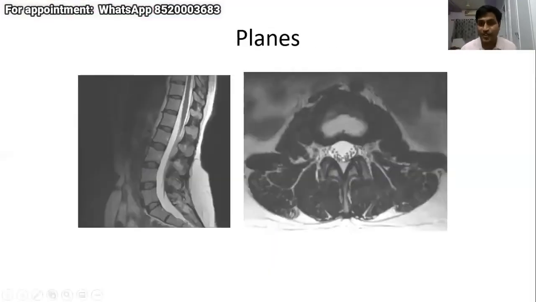So Dr. Sabha, what is this? The intervertebral body. Or is it the disc? It depends on the level you have taken. If I take an axial cut at this level, this will be the intervertebral body. If I take an axial cut through the disc, this will be a disc. Okay. So can you annotate the CSF?